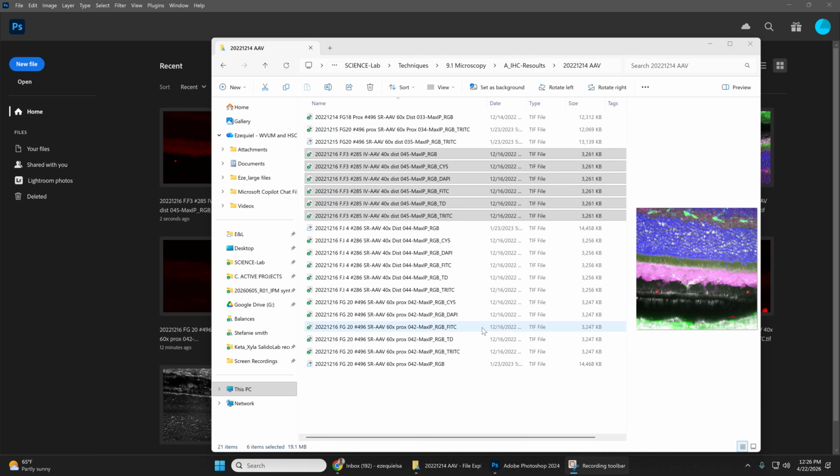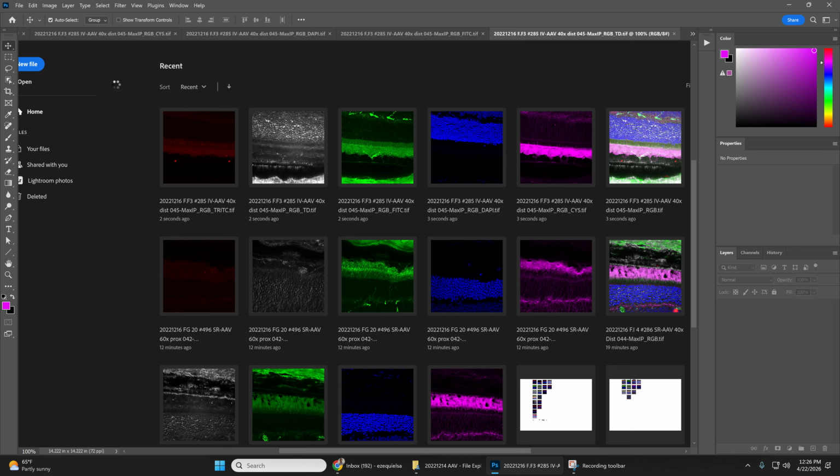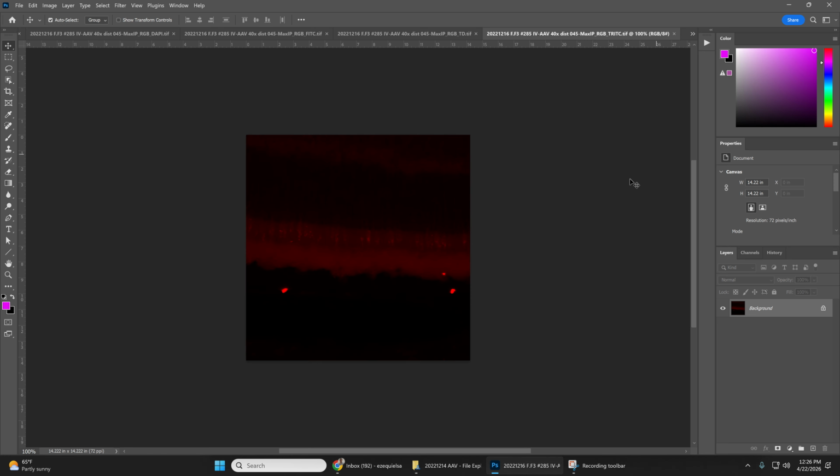Okay, this tutorial is to show how to process the images that came from the confocal in native format, separated by channels. In this case, we have 6 channels and RGB, and then we have also DIC beside all the classical colors. So when we are opening them all, what we wanted to do is to go to the